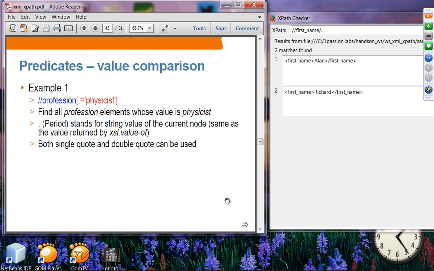In this case, it's a value comparison. We would like to find all professions whose value is physicist. The period stands for the string value of the current node, so it's like XSL value-of. You can use single quote or double quote, either one is fine. So here, let's try to find